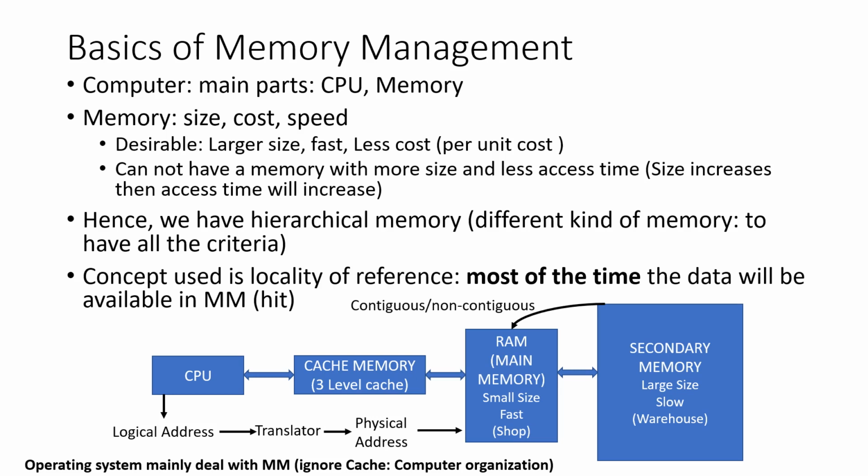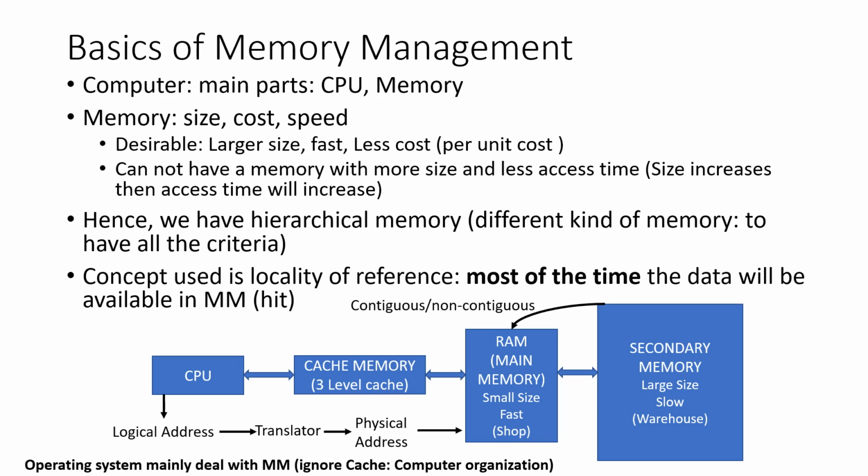And what is the function of cache? In the cache memory we are going to keep whatever is more frequently required by the CPU from RAM. From RAM we keep a copy in the cache memory and the CPU can access cache. If nothing is found in cache, then it will access RAM. If nothing is found in RAM, then it will access secondary memory. Right now, as I mentioned, we are not going to talk about cache, we are just going to talk about CPU, RAM and secondary memory.